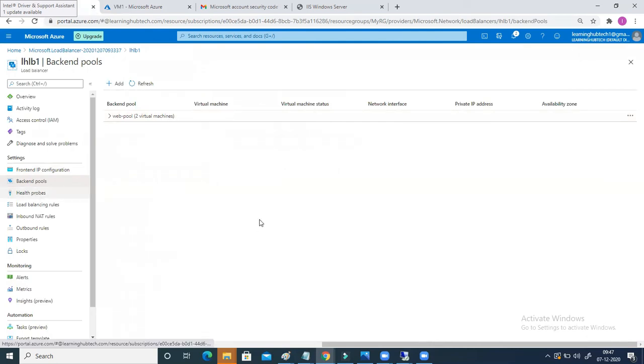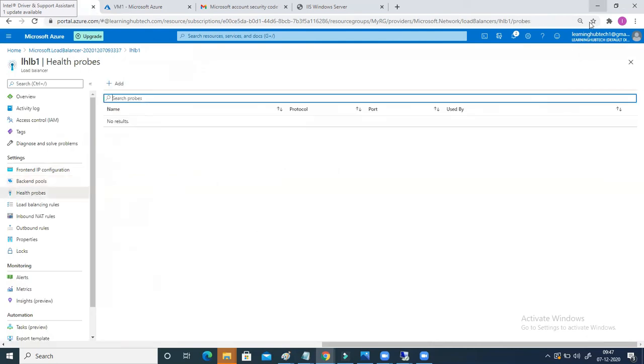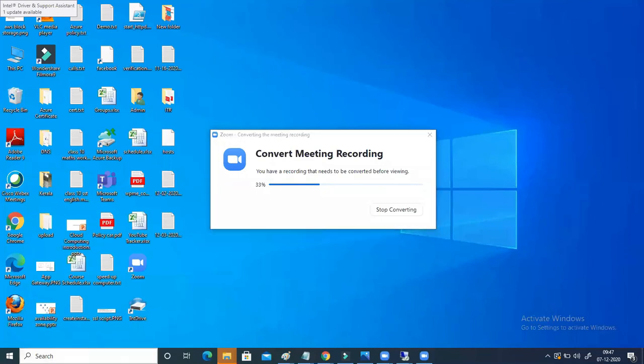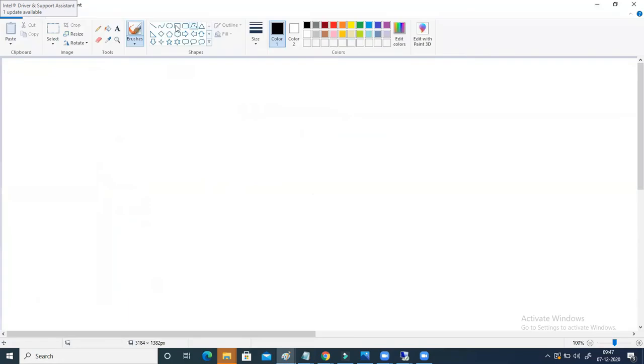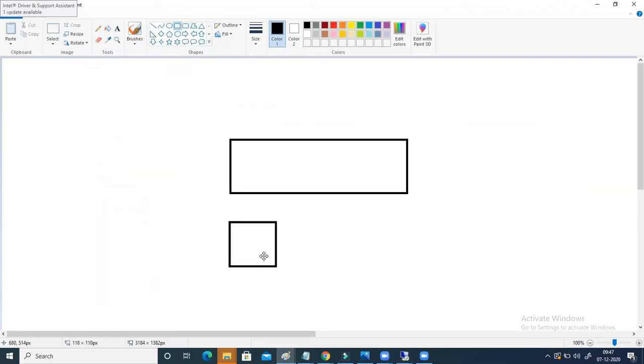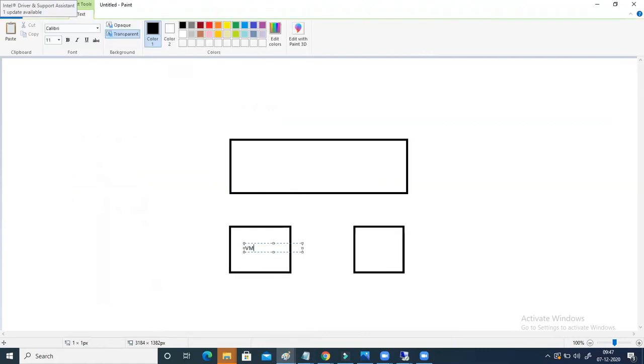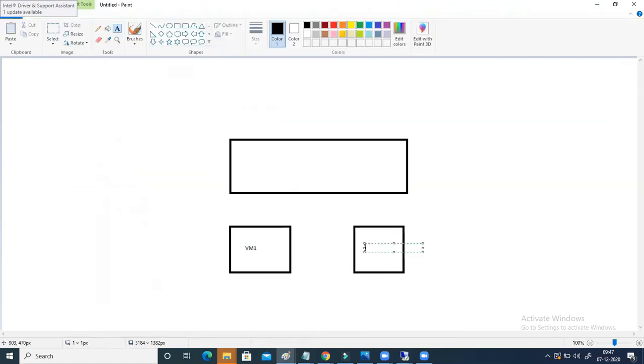Now the third setting here is a health probe. Health probe is a very important setting, so let's understand it with the help of a different diagram. Suppose there is a load balancer here, and these are the two targets: VM1, and the second target is VM2.